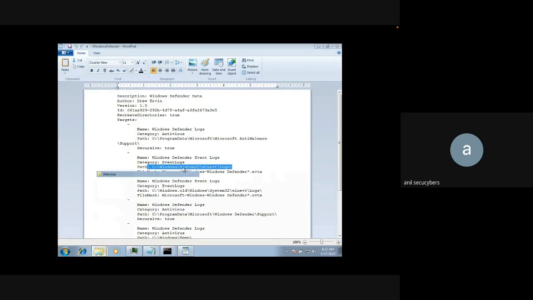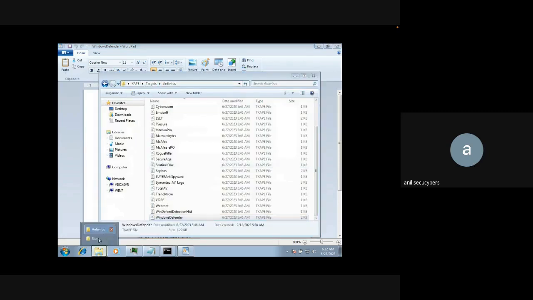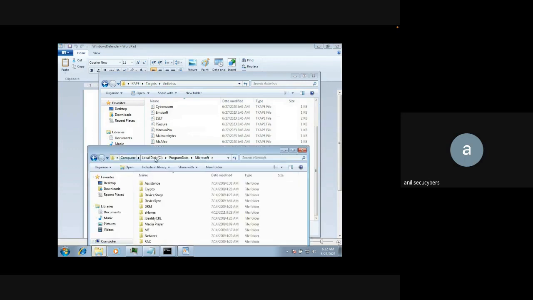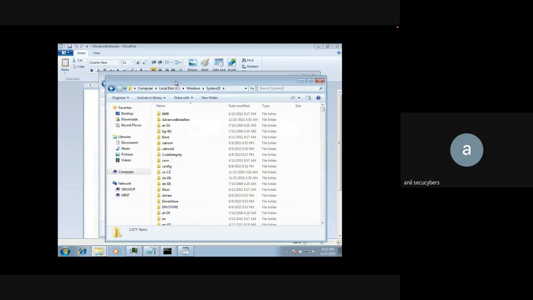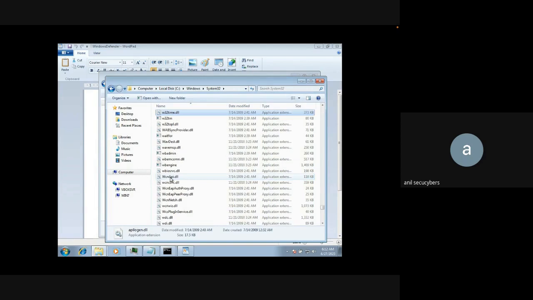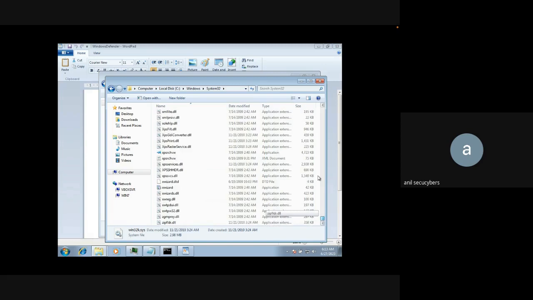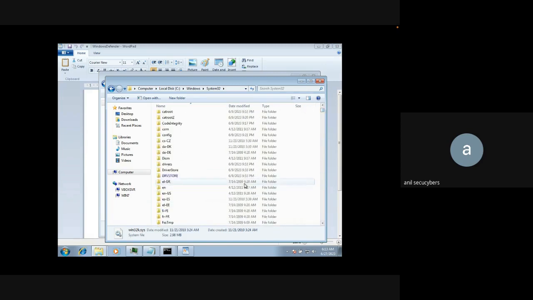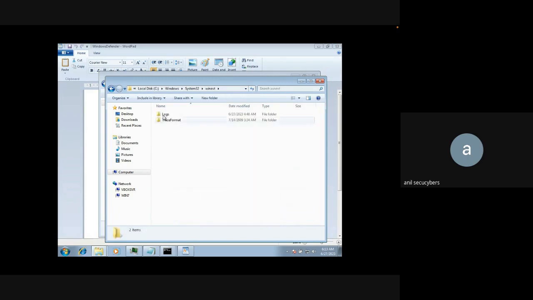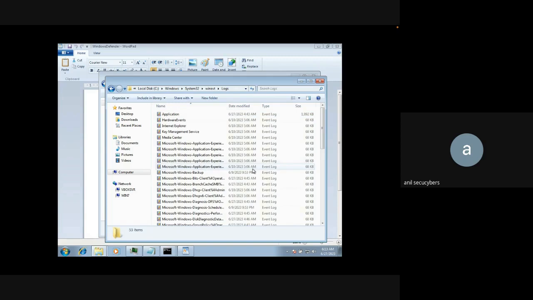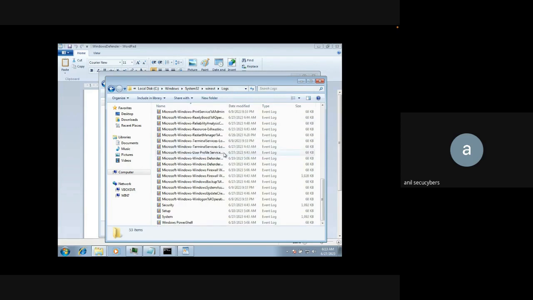So if I go to that, this will be definitely there for sure. If I go to, let's say, C drive, Windows, System32, and then Winevt, logs, and this is a gold mine actually, guys. This folder is something that you should always know. This is a gold mine, and it will have all the artifacts that are very, very important for us to